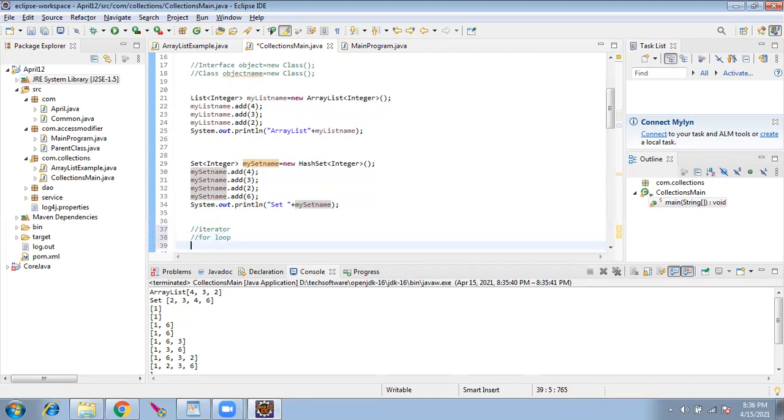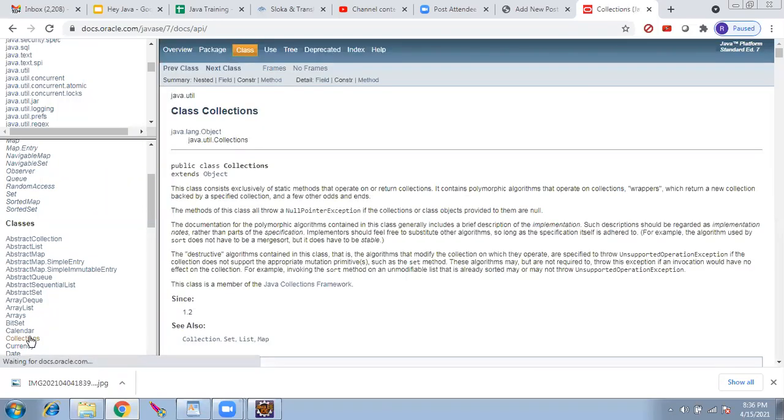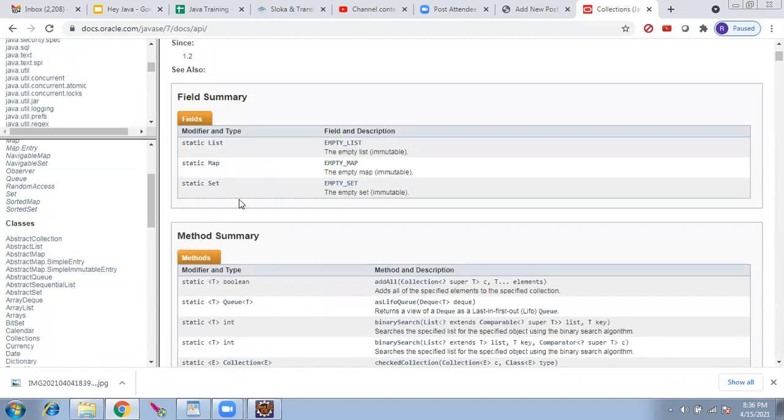Rajesh, I'm sorry to disturb. Sure. You are using the word collections. That means this list, set, everything will come under collections. Yes. And the collection package is in java.util. Everything is called collections. What are the things that will come under collection? List, map, and set. Okay. These three come into collections. We saw list, we saw set. I'll show you map also in a few minutes. These three are coming as collections.